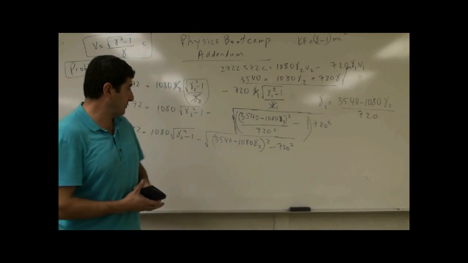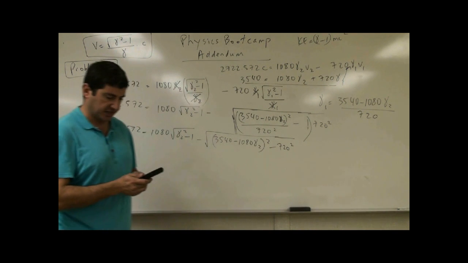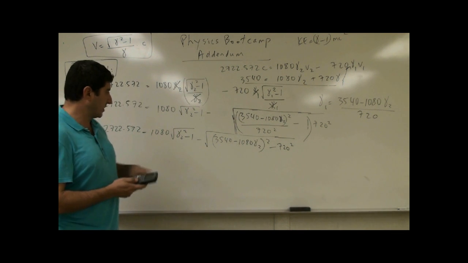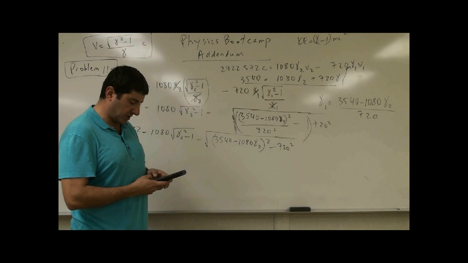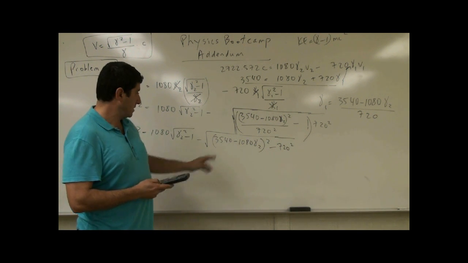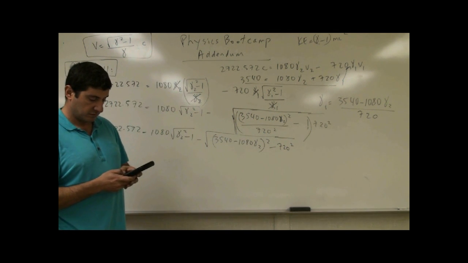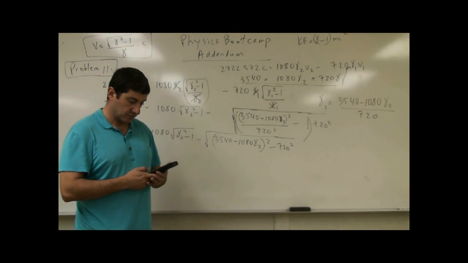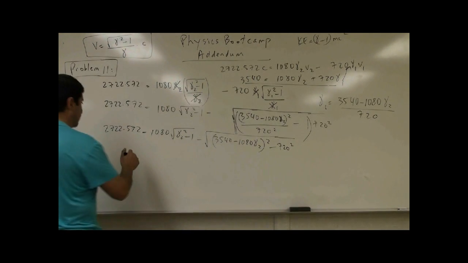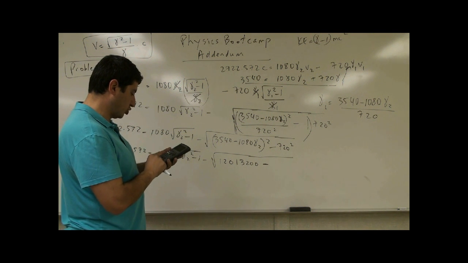The best you can do, probably, is expand this out a little bit and simplify it. So we can do the first quantity squared, 3540 squared, and then subtract from it 720 squared. Okay, and you get a huge number